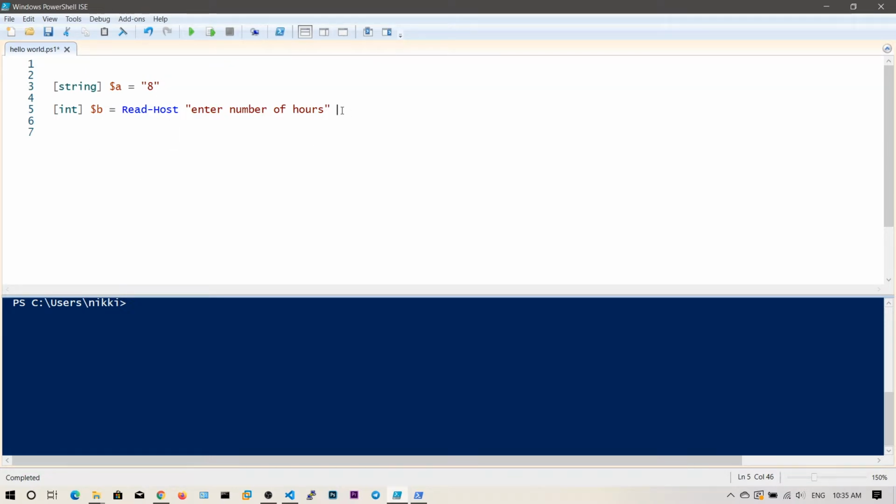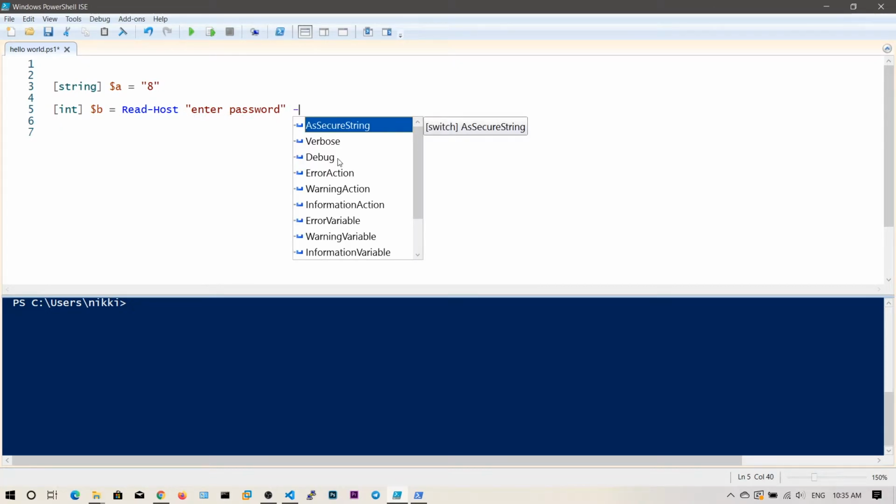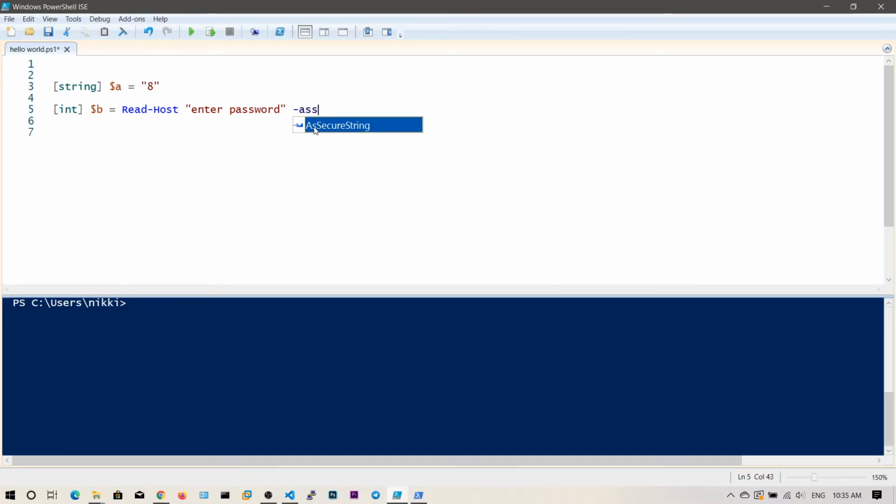So all you can do is, we can say Enter password, and I want to specify the option as AsSecureString. As you can see, these are the options you can use with Read-Host, and now I'm going to use secure string. So now you will see the difference.